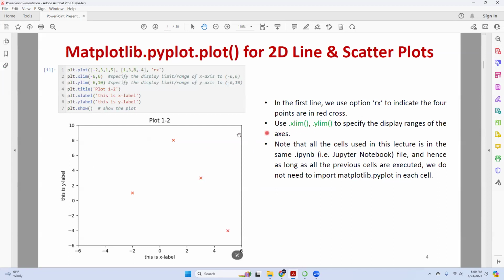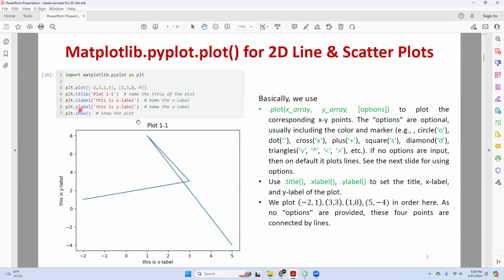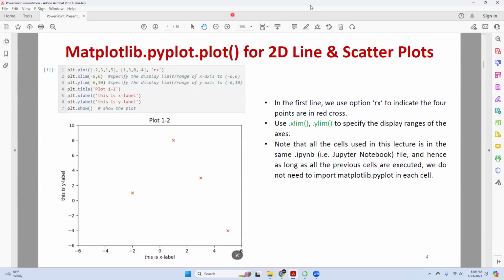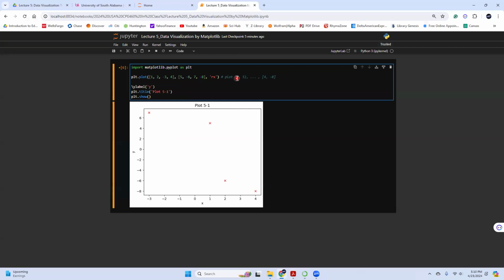These two are the things. And here, I also set up, let me see what I wrote. Okay, here I also use xlim and ylim. The reason I'm setting xlim and ylim is to show the limits, and you can see x is indeed from negative 6 to positive 6, and y is indeed from negative 6 to positive 10. This is exactly what I wrote here, and I can do a similar thing here, which I can write, for example,